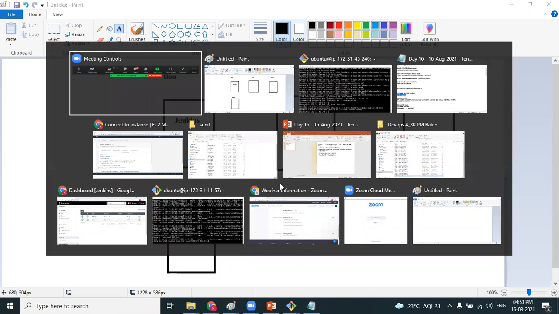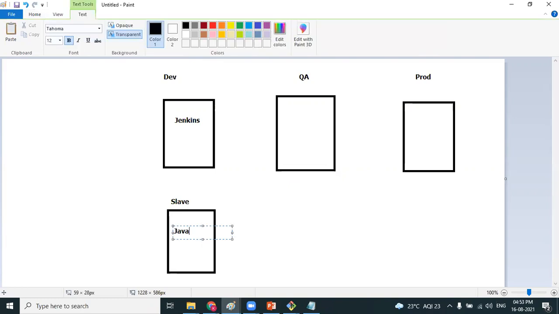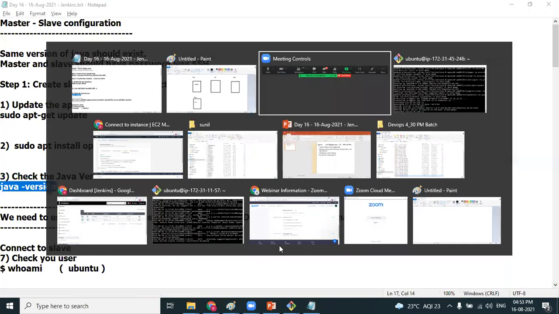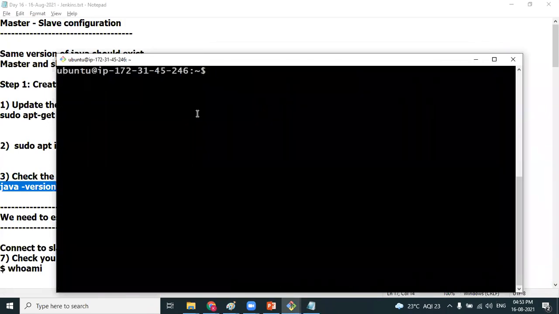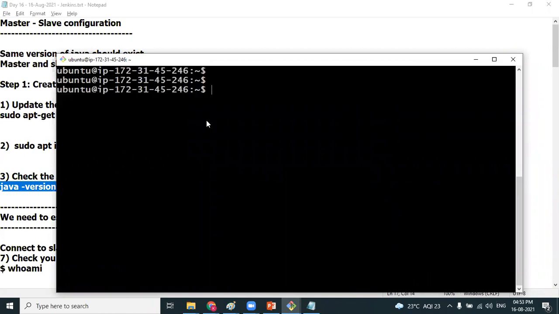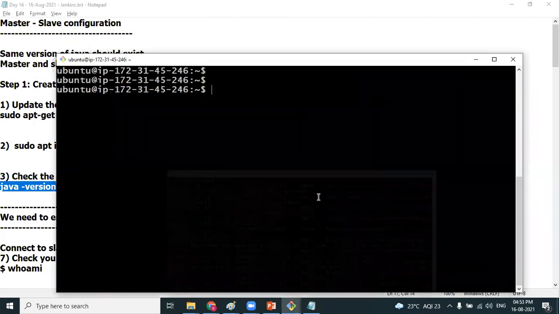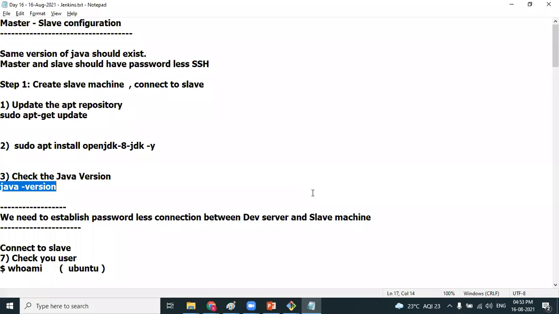Okay. Poonam, what did we install? We have installed Java on the slave machine. Now you can see this is the terminal which is pointing to the slave machine. And the master machine terminal is already busy with the Jenkins log messages. That's fine. Okay. Now,